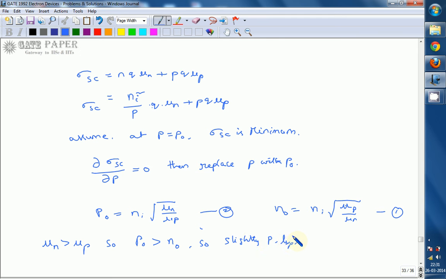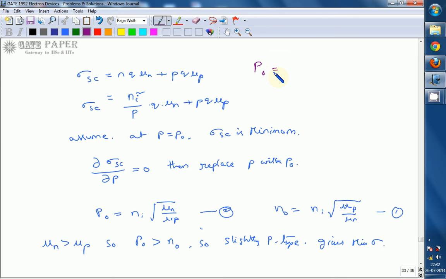If the semiconductor is slightly P type, at that time it achieves the minimum conductivity, that is, minimum sigma. We will calculate it by using these values. If you use these equations, and for the given values of Ni, mu n and mu p, what we will get is P naught is equal to,